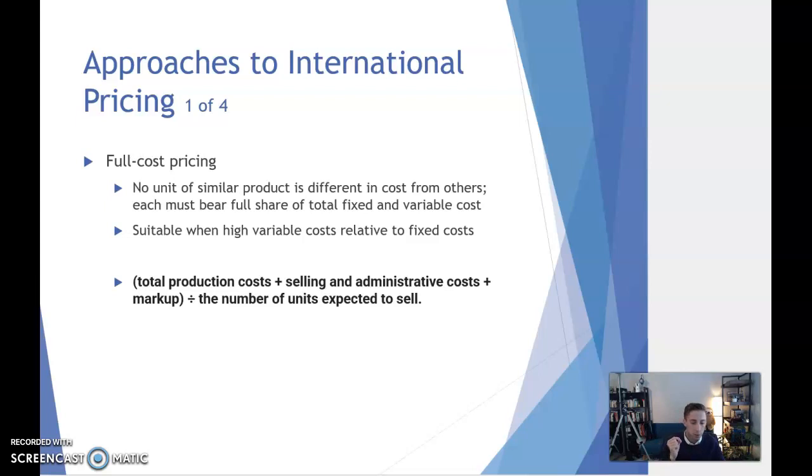Why? Because there's always going to be loss. In retail, for example, vendors expect between 10 and 20% of their products always returning. So the amount of sweaters I have to return back from my Bloomingdale's to the vendor who produced it matters, and there's a contract with that. So you want the expected units sold. And that gives you the idea of the full cost you should be charging.